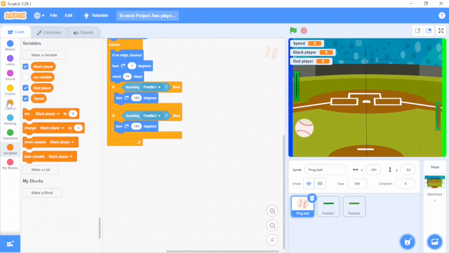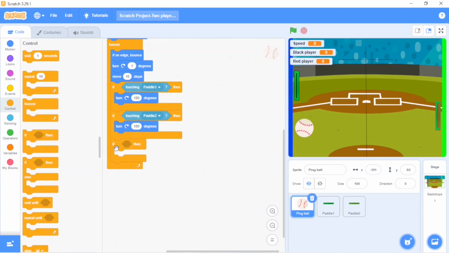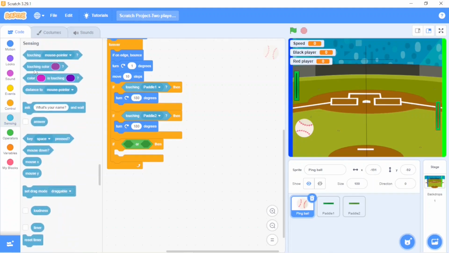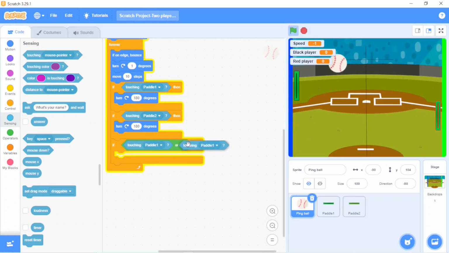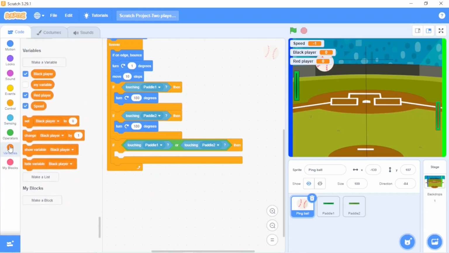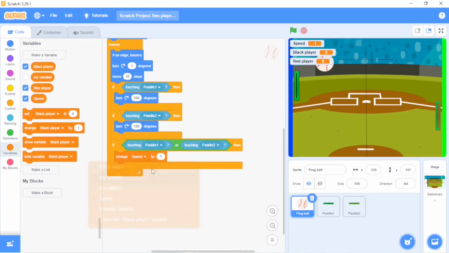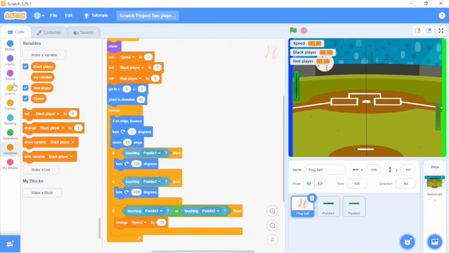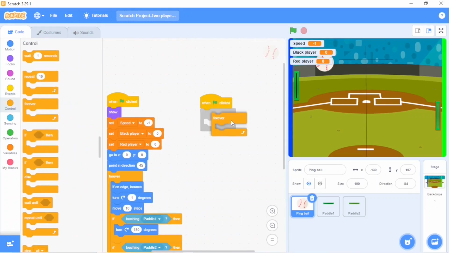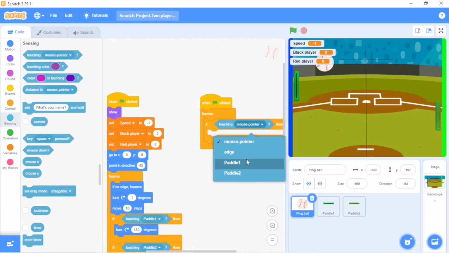Okay, over here control, if then, operators or, sensing, touching pedal 1 or touching pedal 2. Then variables, change speed by -10.